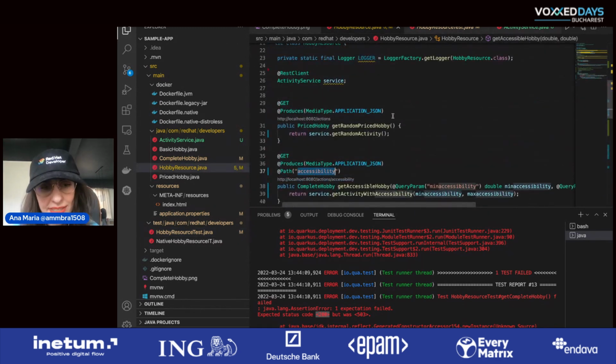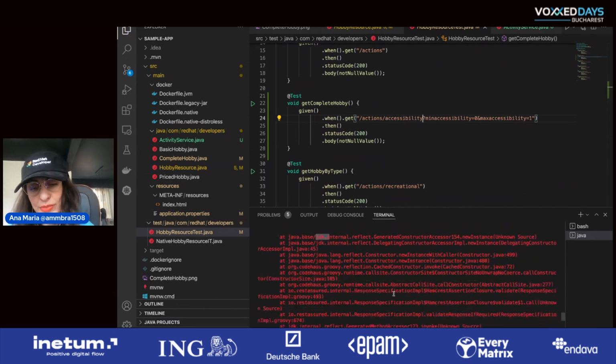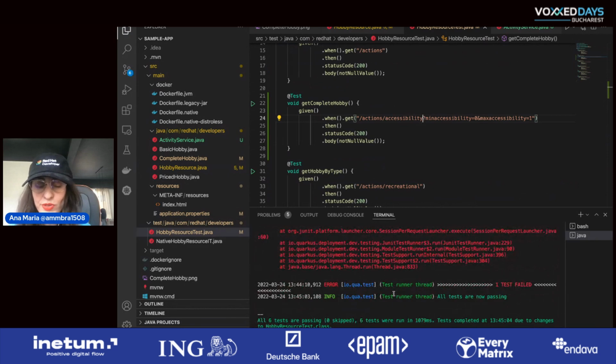Path here is accessibility, not accessible. So this means I should go here and modify accordingly. Or I can just put the accessible path over there and it'd be the same. So now all 6 of my tests are passing. Now that I've done this,